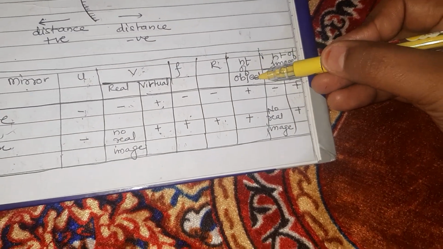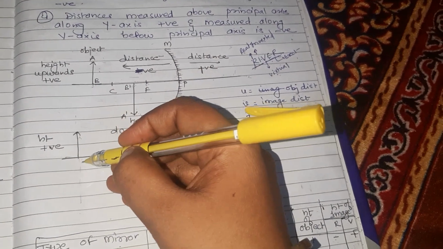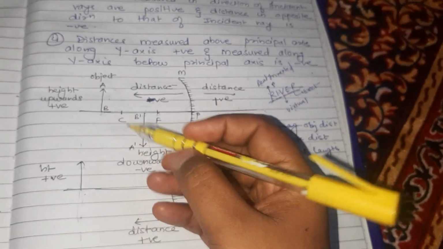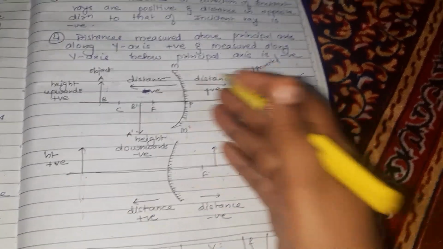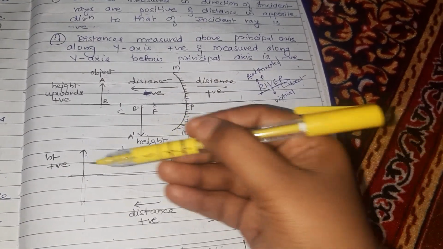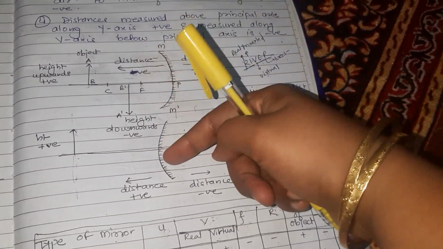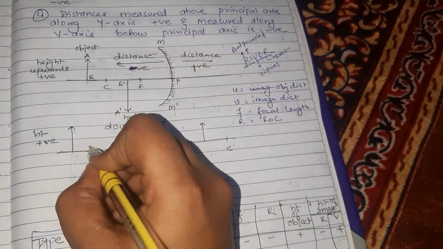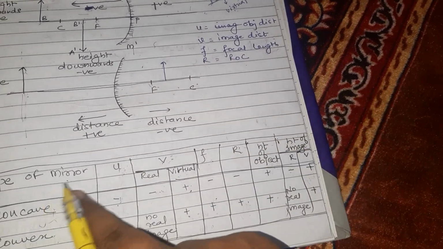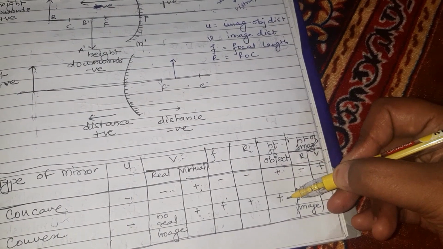Radius of curvature is the same as focal length. After that, height of object. Now always remember that we cannot keep the object inverted, that is down towards. We will keep the object always erect so that its image is always created in any of the mirror. As this object is present above the principal axis, that is upward direction, the height of the object we are calculating in the upward direction, right? So it is always taken as positive for both the concave and convex mirror.